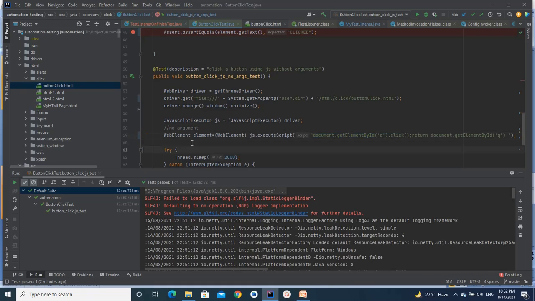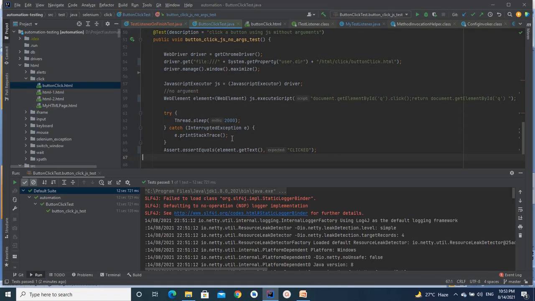Now once the click is performed, we don't have that button so that I can get its text and compare with our expected value. So how to achieve this? As you know, in a JavaScript method, we can pass more than one statement.